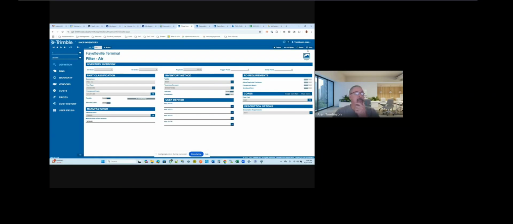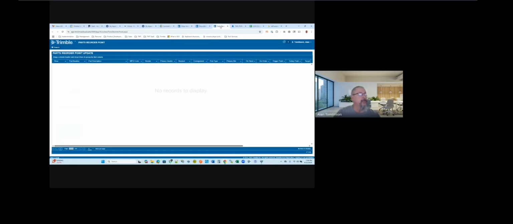And I'll just hit save there, get rid of that, hit save. Now, that being said, there are some reports that will give you turns and some things like that, or usage and stuff like that. So if you want to come into the parts reorder point,